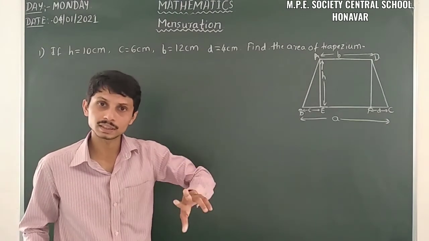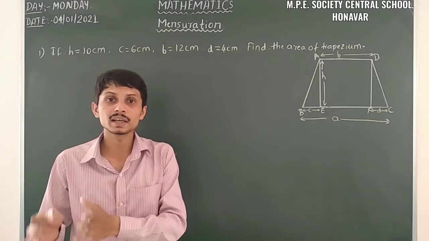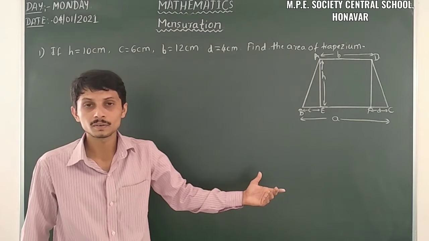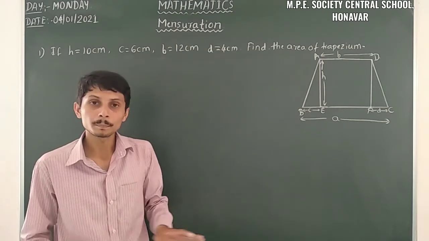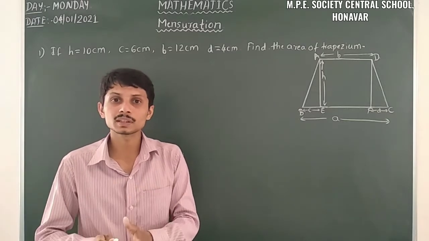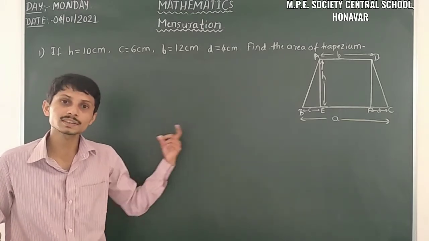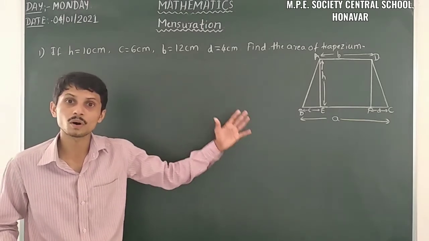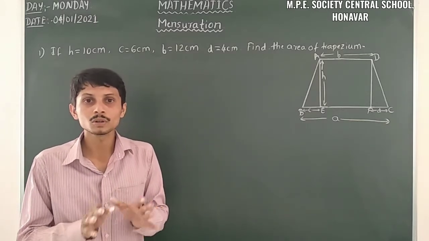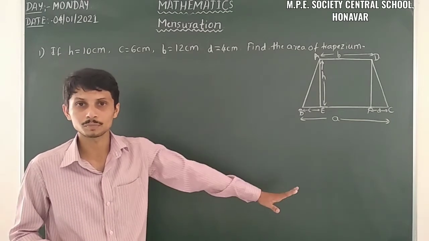Using this, we can find out the area of this trapezium in two ways. Already we learned how we found the formula for the area of a trapezium. That way we can find it, and using the formula also we can find it. That one we have to know. But in future problems, only take the formula. Here in this case, I am taking both cases, so that from both cases we can compare whether the formula for finding the area of the trapezium is correct or not. Otherwise, you have full permission to use the formula.